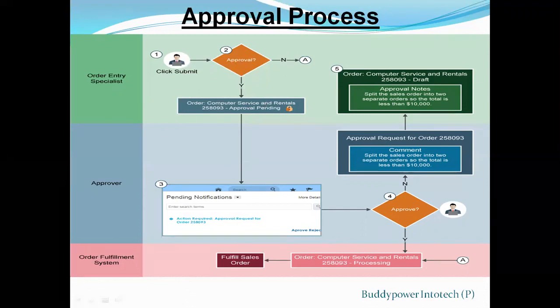and if the sales order triggers an approval rule, what is that triggering of an approval rule? It says that if the sales order exceeds $10,000, you have to take an approval. Then the approval goes to pending. It shows pending because the administrator has to approve it. Then order management adds a notification to the pending notification page